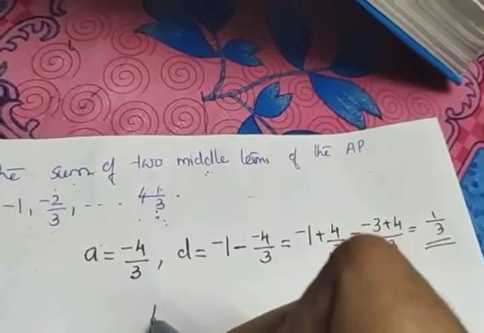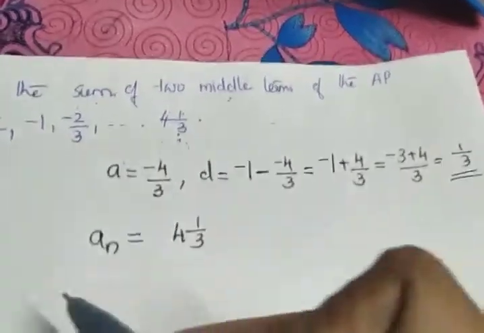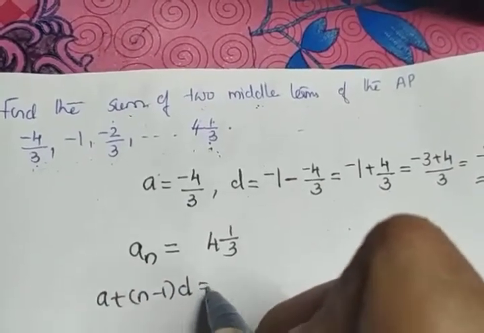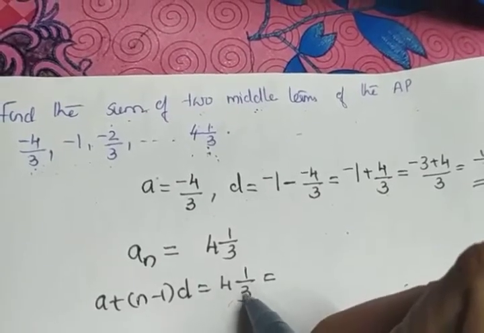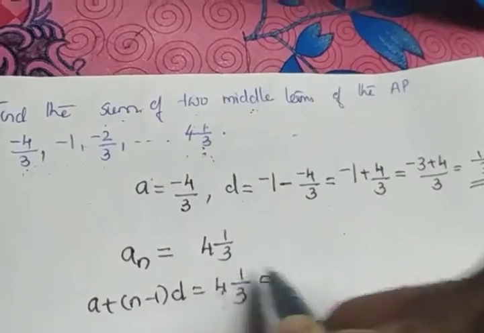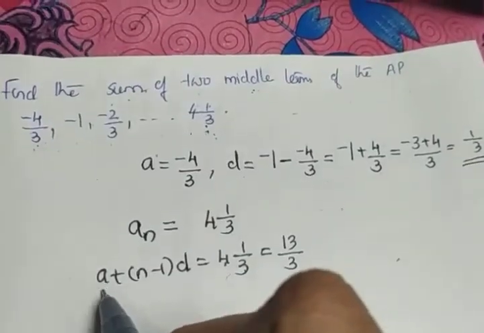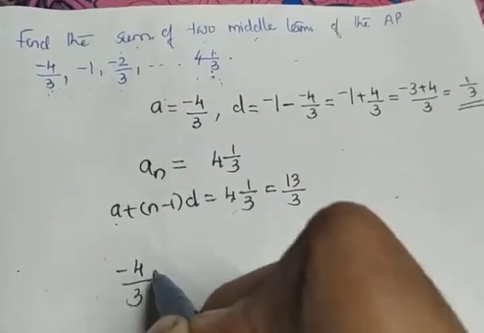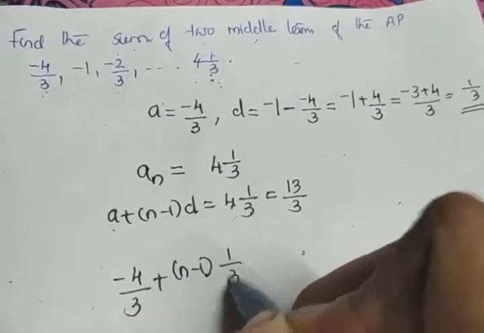We will take the last given term 4 and 1 by 3 as an. So then apply the formula a plus n minus 1 into d is equal to 4 and 1 by 3. Convert it into a fraction. 4 into 3 is 12 plus 1, 13. 13 by 3, which is an improper fraction. A, we have the value as minus 4 by 3. So minus 4 by 3 plus n minus 1 into d, we got as 1 by 3,